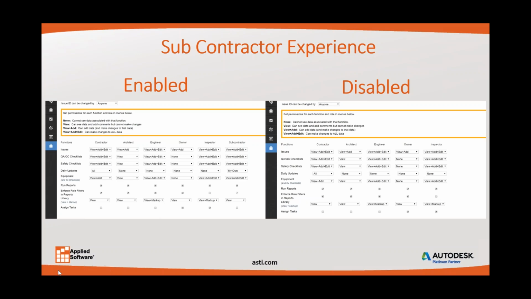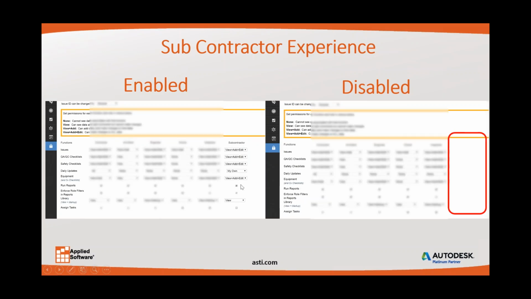It's important to note because this subcontractor role allows us to narrow down what our subcontractors can do as far as accessing checklists and equipment, and also their ability to add issues. If we did not enable this, they would no longer be able to add issues,